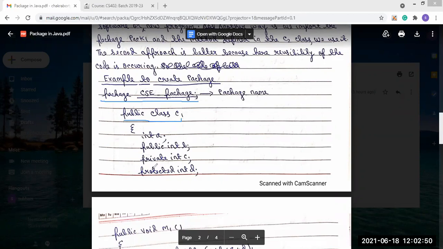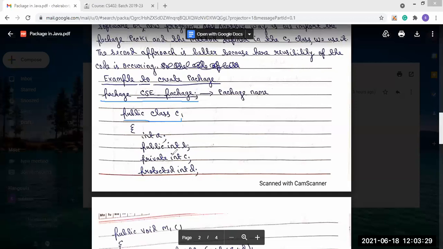So public class C1. In this class, we have used some access modifiers. I have used 4 variables here: int A, public int B, private int C, and protected int D. So some variables with access specifiers. The first type is the default type, so int A is written normally because it has the default access specifier.